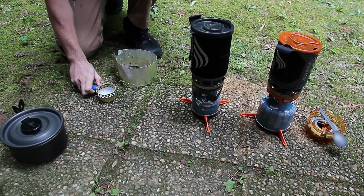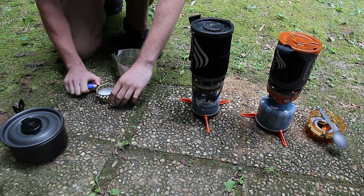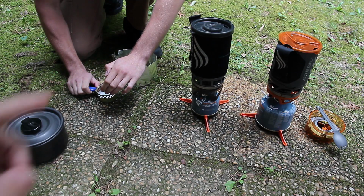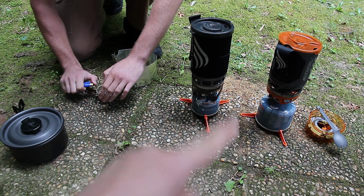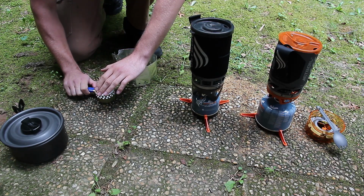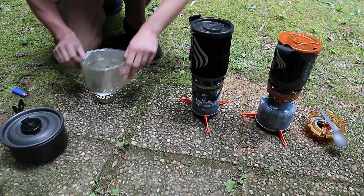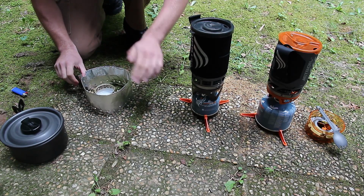Okay. We are doing a comparison between the Super Cat or the Fancy Feast alcohol stove and the Jetboil Flash right here and the Jetboil Sol right here. We're going to have the timer out for the time it takes to prime the alcohol stove, and then